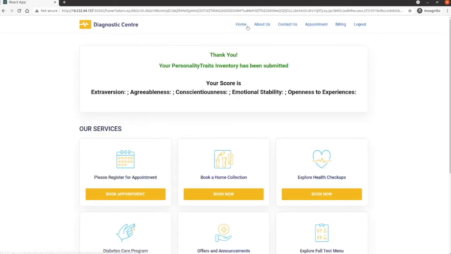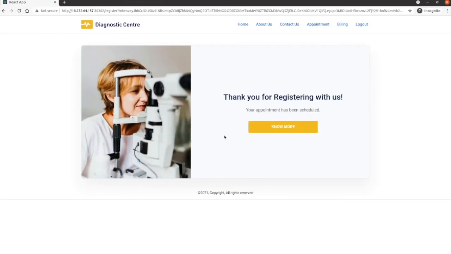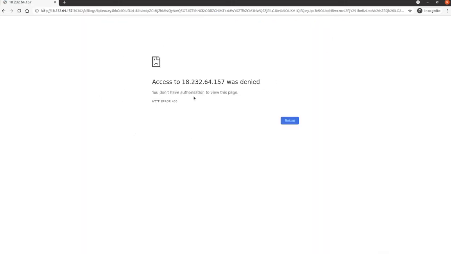Okay, so we can see this user also has the home permission and the book appointment permission. But if you remember, I have restricted this user from billing. So if I go and access billing, it says access denied.